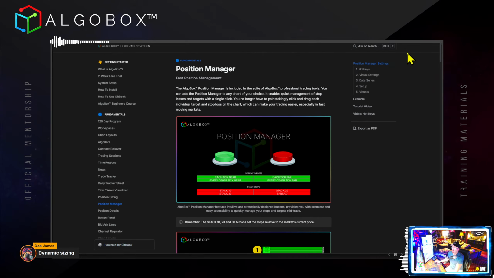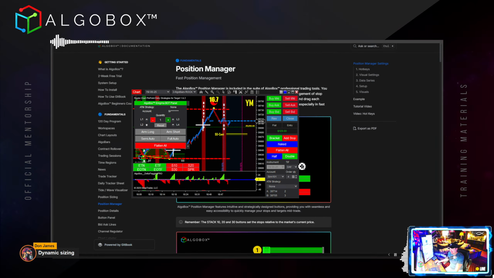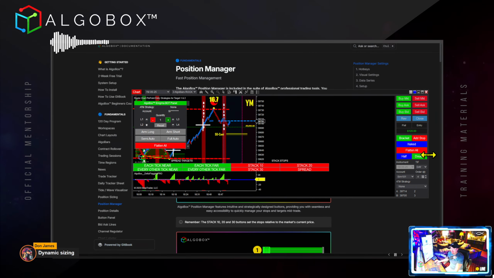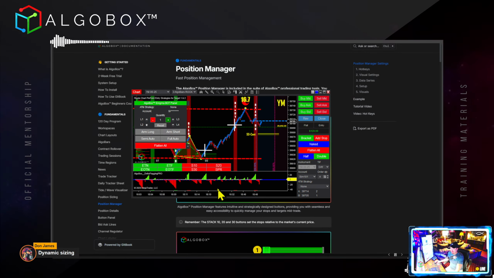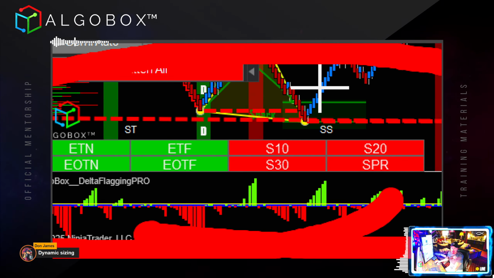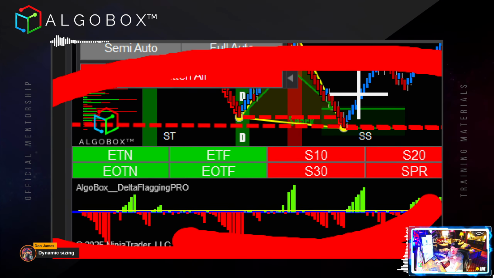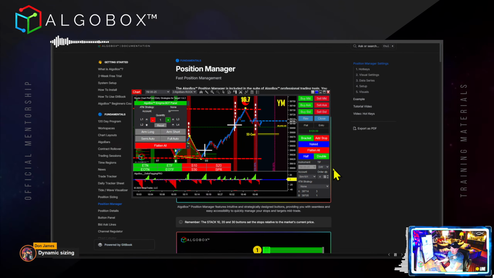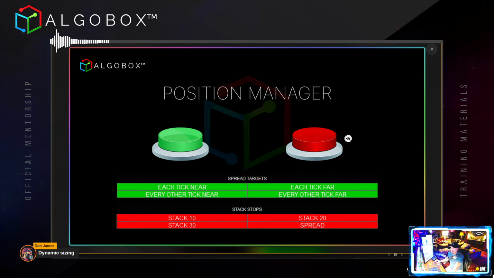Oh, I'm sorry. I just got those mixed up. That's the button panel. My apologies. That's down here. I'm jumping ahead of myself. This is position manager. That's the buttons down here at the bottom, which we have not talked about yet. So when you have them collapsed, they will look like this. ETN, ETF, EOTF, if you're wondering what is this crazy code down here? What are these buttons going on down here? And if I expand, oh,